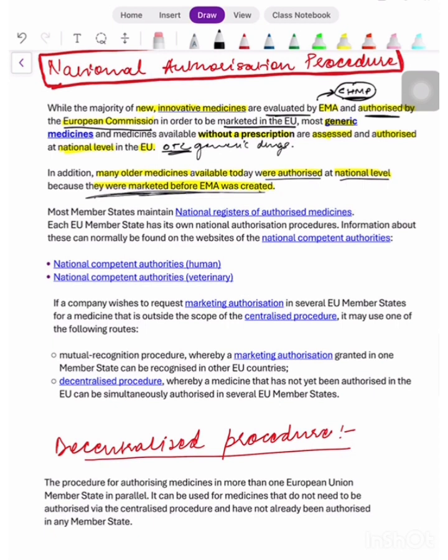So most member states maintain national register of authorized medicines, and each EU member state has its own national authorization procedures. How to understand this? As we studied, EU के में different member states हैं, countries like Italy, France, Spain. You know, Google EU, that is European Union, once on Google and Wikipedia or elsewhere, you'll see a map of all those member states that are combined to form EU. So these particular countries also have their individual laws as well,